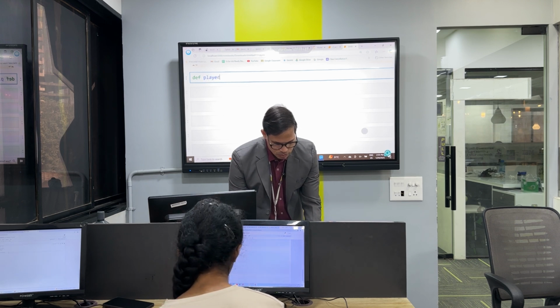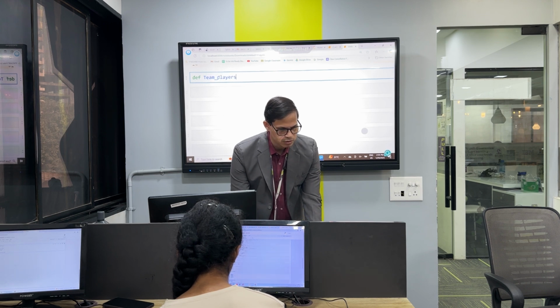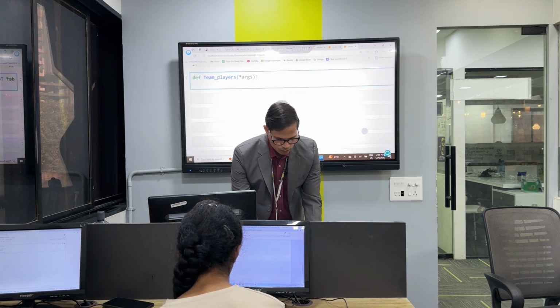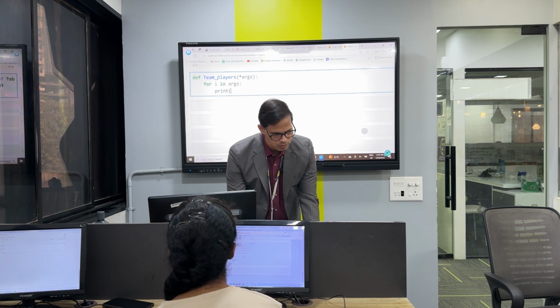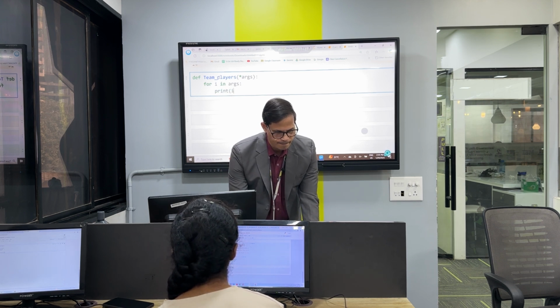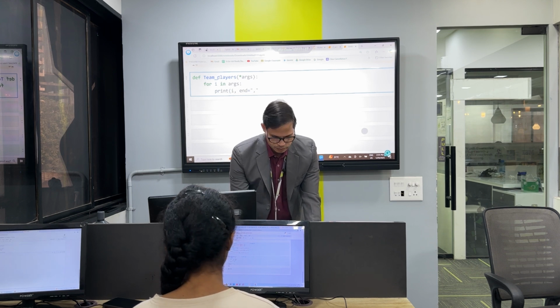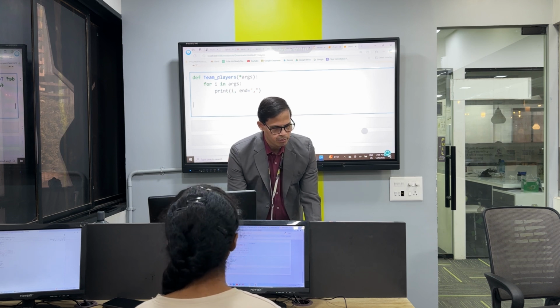So using the same args, we can do other things like define players, team players, define team players, star args, okay, star args for I in args colon print I comma and is equal to double quotes के अंदर comma, that's it, and I will say like team players